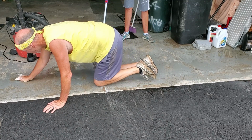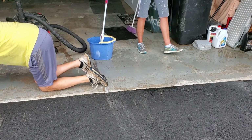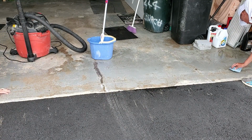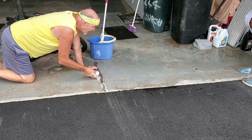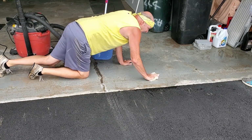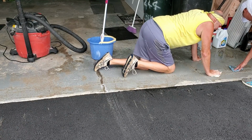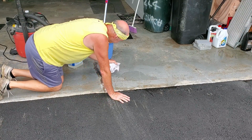you got to get down and dirty with this, guys. There's no other way about it. But it's not difficult, just drying it off. And then from what I saw, I went back over it with just some solvent, whether you use mineral spirits or I actually used some paint thinner, but you just want to make sure it's as clean as possible because you're going to be gluing this down,